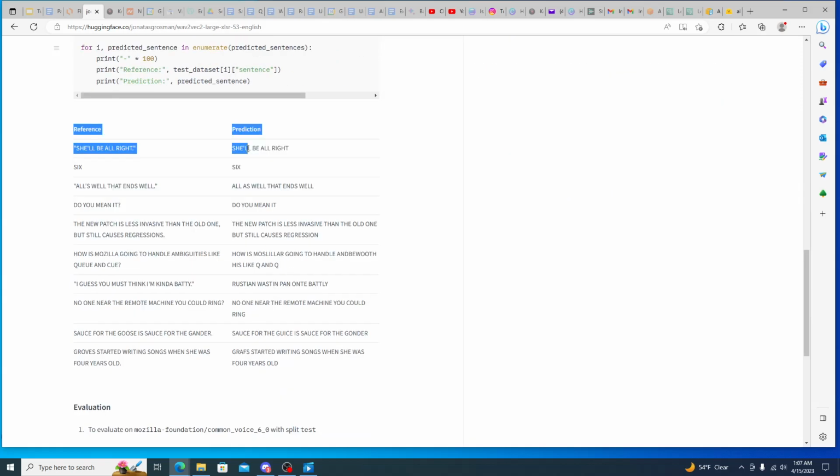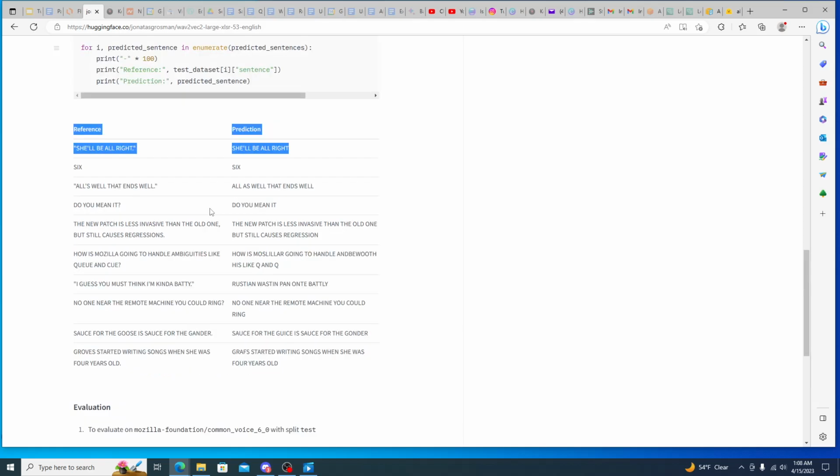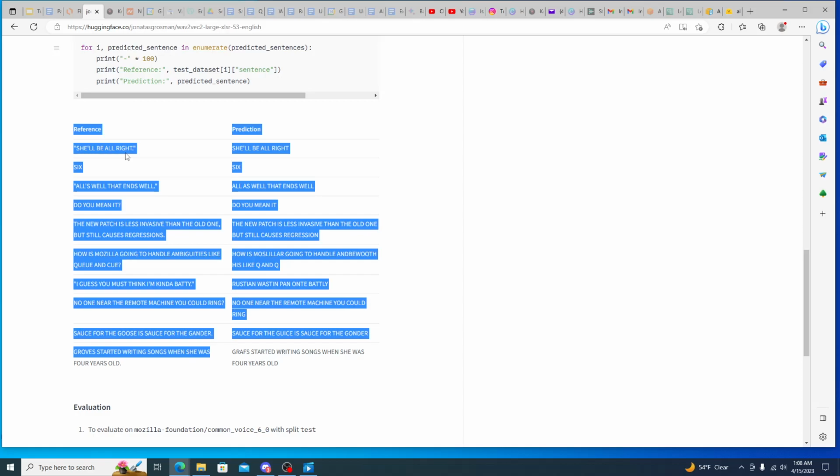And then this is essentially just telling you what the references and the predictions are. So essentially what they did is, when you start with your model, you need to train the model. And how you know that it's trained is when you give it references, and then you see what the predictions are, and if the predictions line up with what you think the references should be, in a majority of instances,